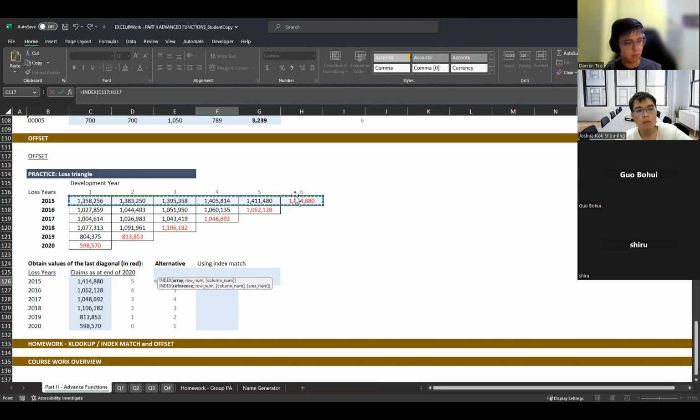And then I will lock this. Then I will match. What am I looking for? I'm matching E126 with this particular column over here as well, because I'm looking for the same thing.